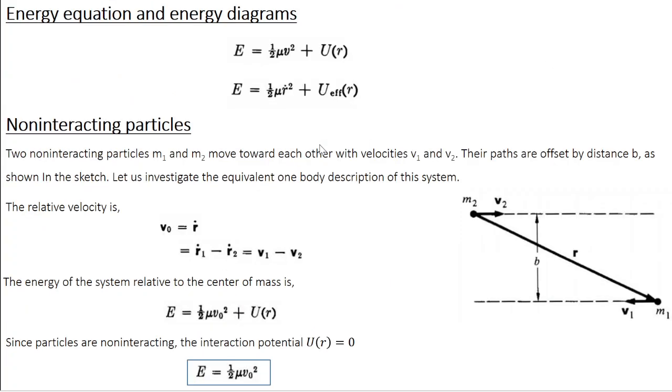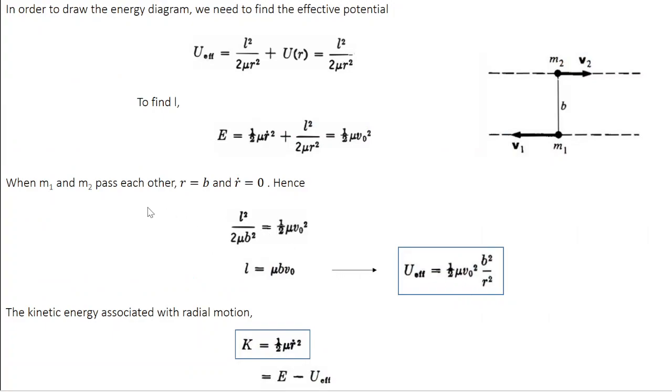So if you look at this diagram, these two particles are moving towards each other. Let's freeze at the point where M1 and M2 pass each other. So this is that particular point, right? Here you can see that the distance between them is nothing but the vertical distance d. So R equal to B, and B is a constant. So R dot, or the derivative of B, is going to be 0 at this particular point. So let's rewrite this equation at this particular point.